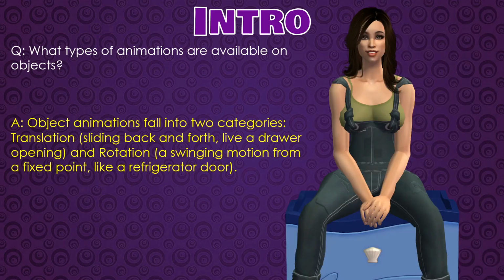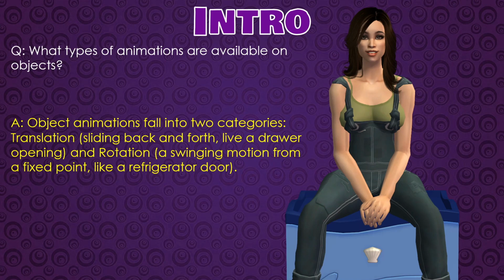What types of animation are available in objects? Object animation falls into two categories. We have translation. This is something that slides. Bar stools slide. The drawers on kitchen counters slide. And we have rotation. Rotation is an armoire door, a closet door, refrigerators, anything that swings open and closed is